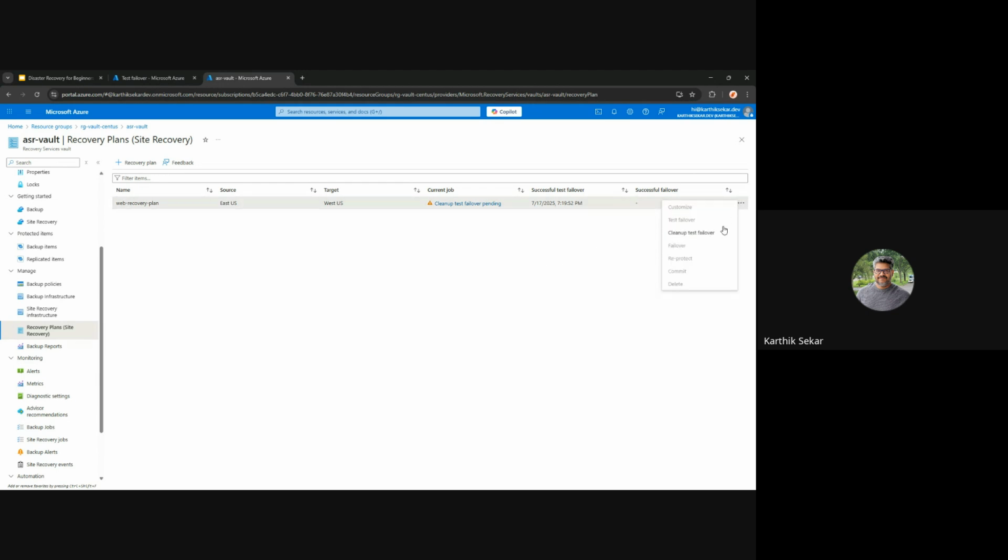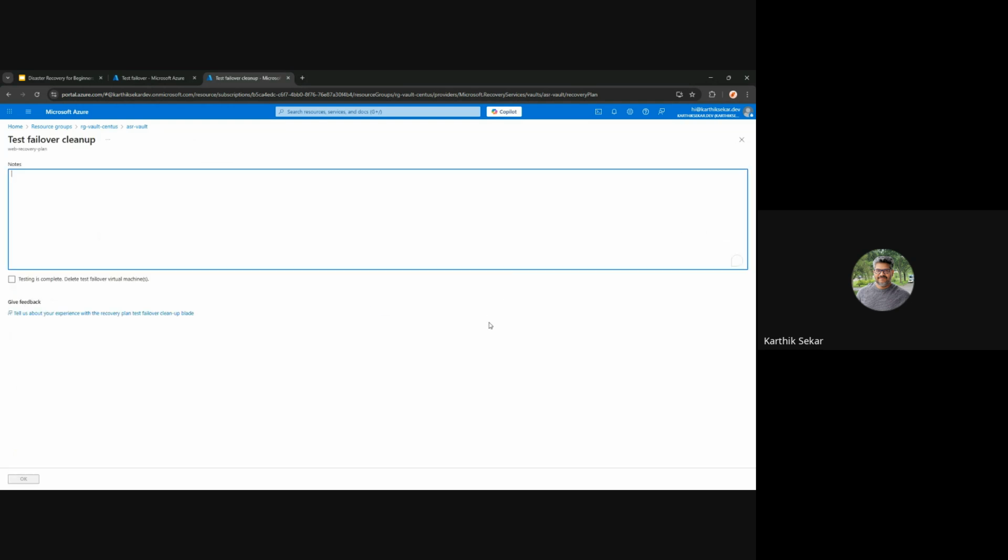Click this 3 dot, cleanup test failover, and give the reason like test failover is completed. And then click OK. Then it will start cleaning up the virtual machines and the storage.